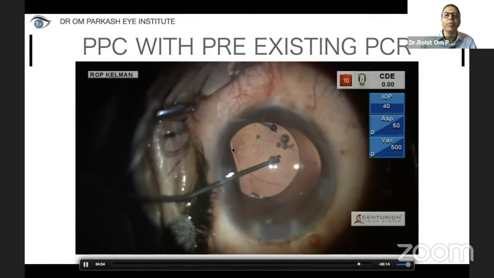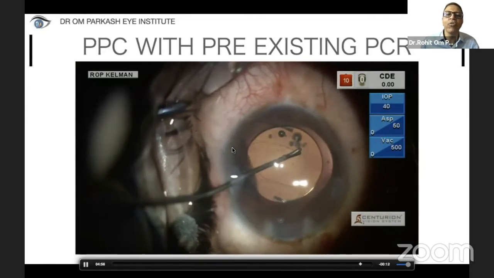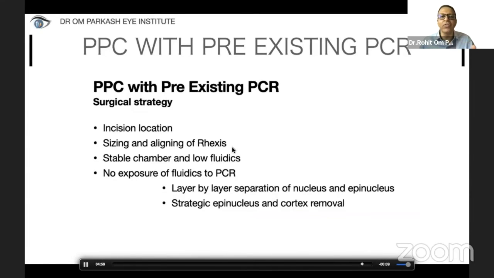So once this optic capture is done, the strategy is incision location, sizing and aligning of rhexis, stable chamber, low fluidics, no exposure of fluidics to PCR, layer by layer separation of nucleus and epinucleus, strategic epinucleus and cortex